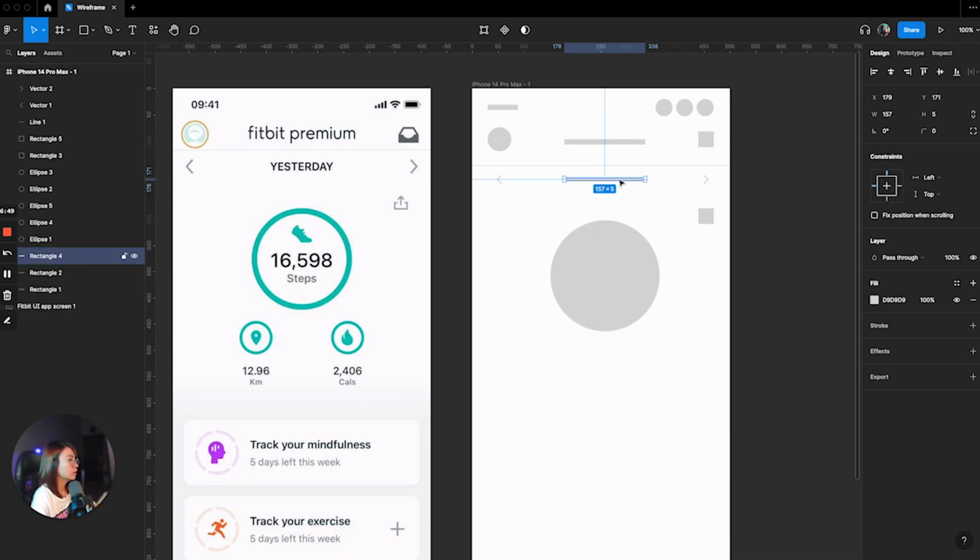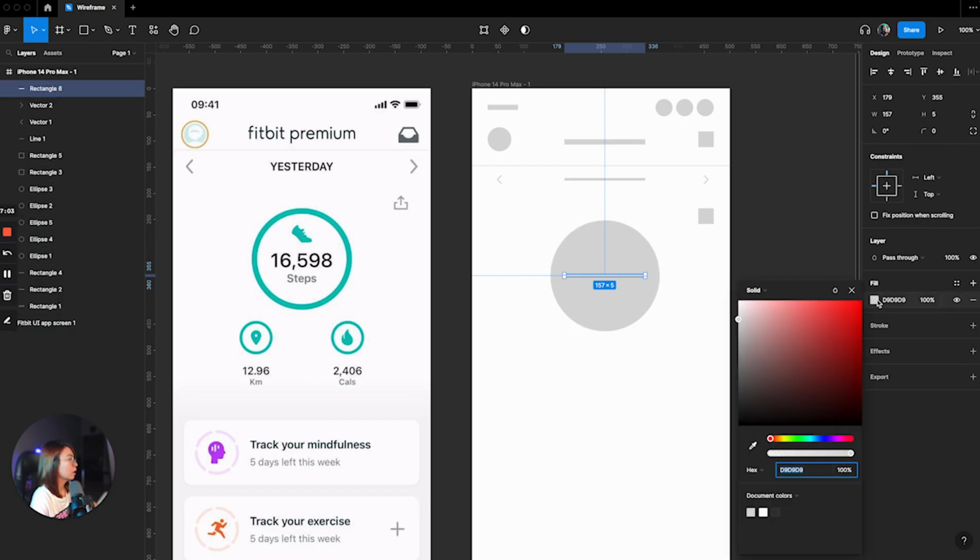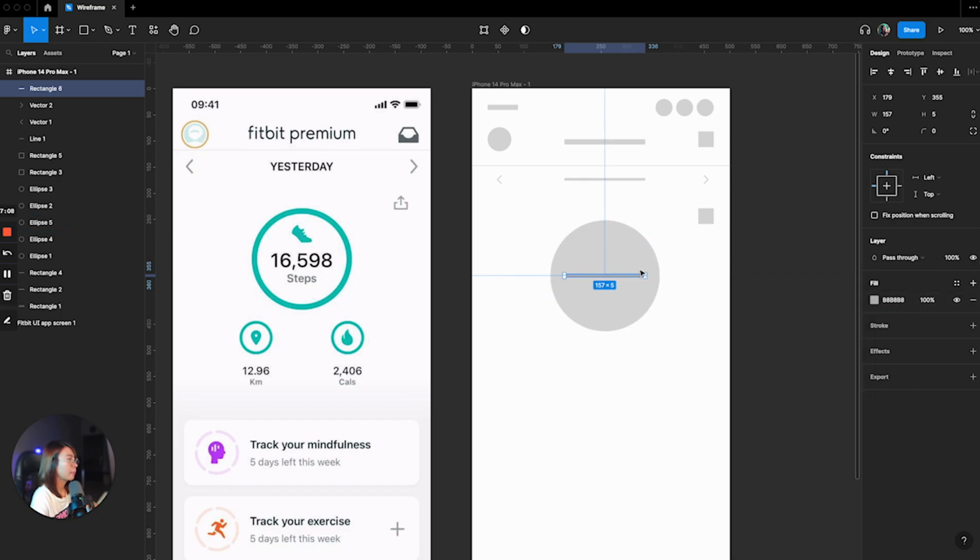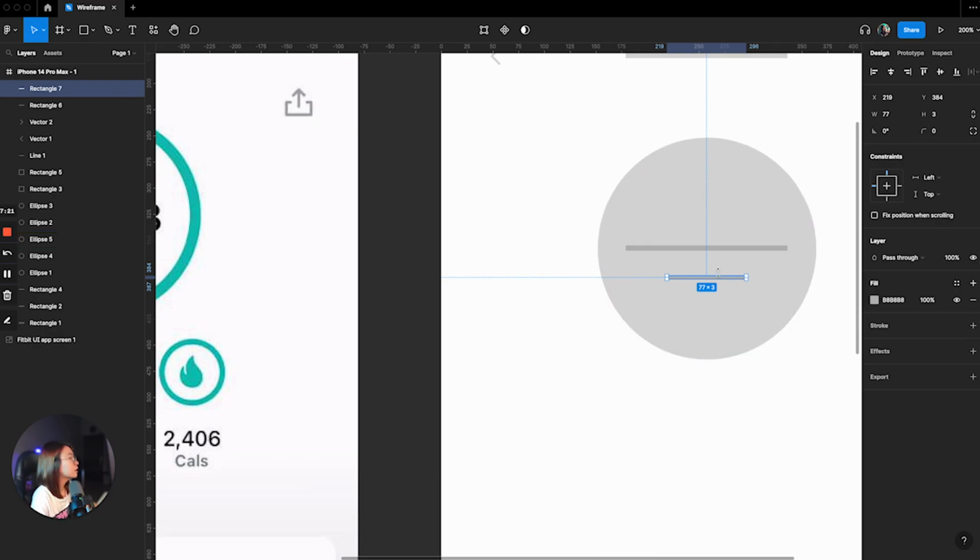We can use the line for the number. Let's just duplicate this. And let's reposition this on top. And change the color to a darker. So, there you go. And then let's copy this again for this tab text. Although let's adjust the size,